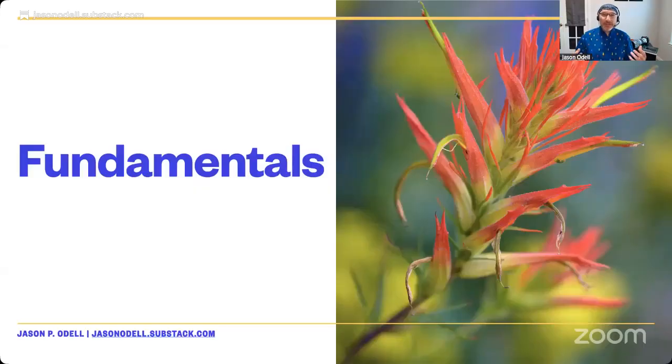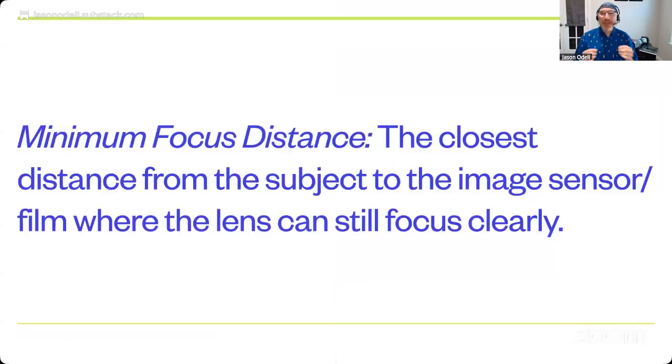So let me jump in now as we get into the classroom part of today. The fundamentals of macro photography. The first thing I want to do is define a few terms. And the first term that I'm going to define is called the minimum focus distance. Okay, and that's the closest distance that you can get from your subject, between the subject that you're focusing on and the sensor or the film in your camera, where the lens is still able to focus. And when you look online, like you're looking up specs on lenses, say you're going to buy a lens, it will usually